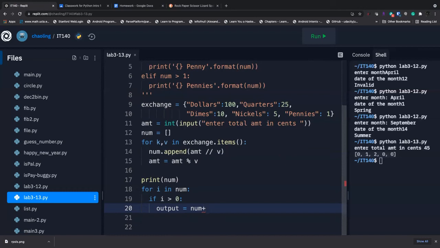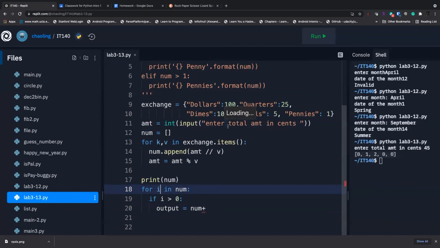So you have to somehow know your, okay, so basically you want to know this i, and also the index of the position, because the position corresponds to quarter or dollar or whatever, right? So